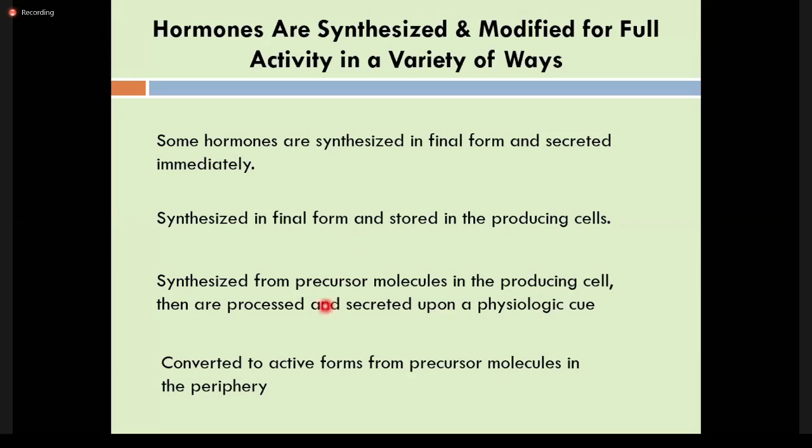While the other types are synthesized as precursor molecules, it means that they are not active yet. They are just precursor molecules, and then they are processed and secreted upon physiological activation or physiological need. So they are synthesized in inactive form and wait for the signal in order to be processed and then released to the cell. While some other hormones are converted to the active form after reaching the target cell. So they need further activation at the site of the action. So these are the major types of actions that we could see when we talk about the activation of the